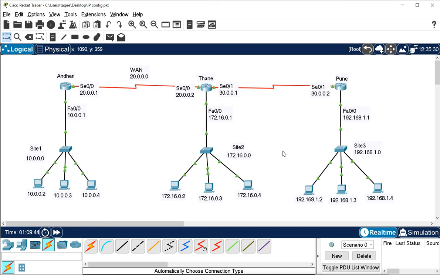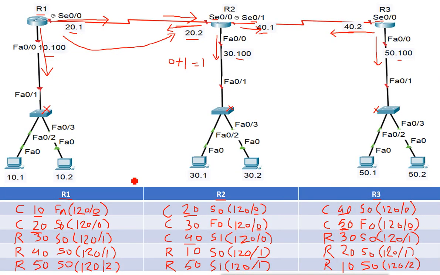Now what are the problems this RIP protocol has? The first problem of the RIP protocol is that it does broadcast, and it does not care whether the destination router gets the information or not. As you see, when the timer expires, what does it do? It will broadcast the routing table.